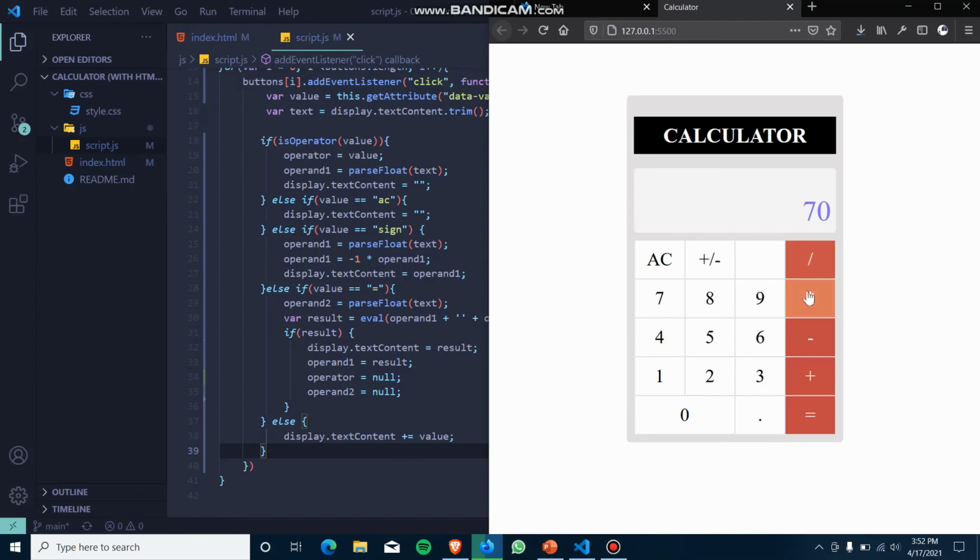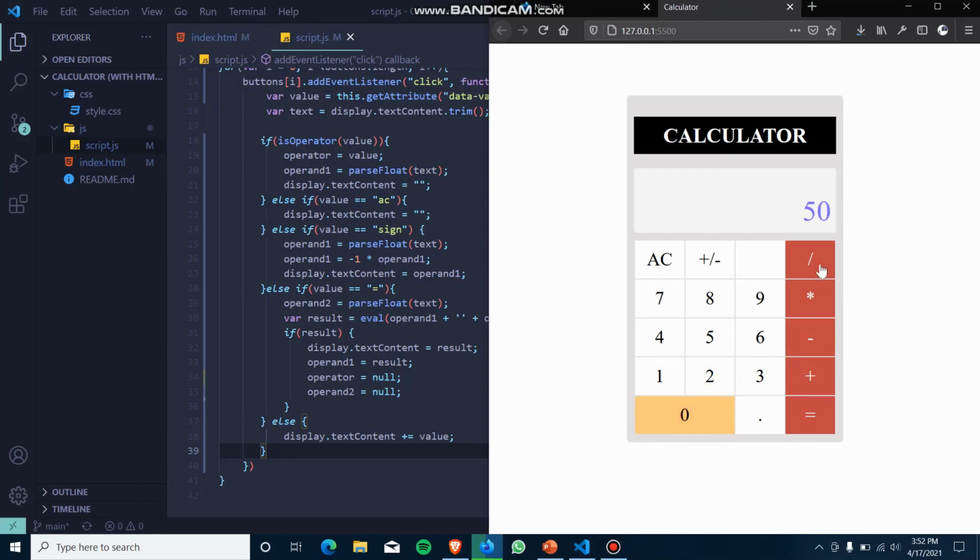Now if I click on any operator, for example minus, as you can see, it will take the operator as the value, meaning minus, and then operand1 as the first float text, meaning the 70, and then it will clear the display screen.